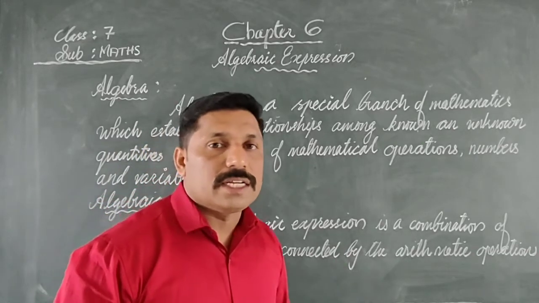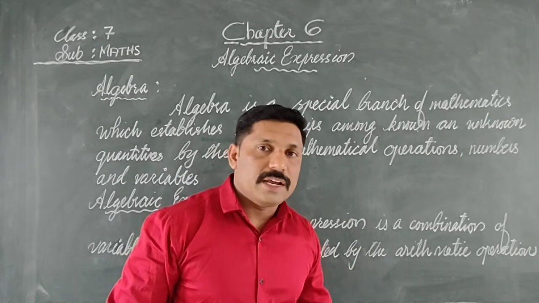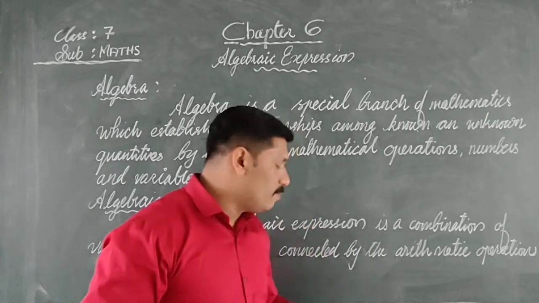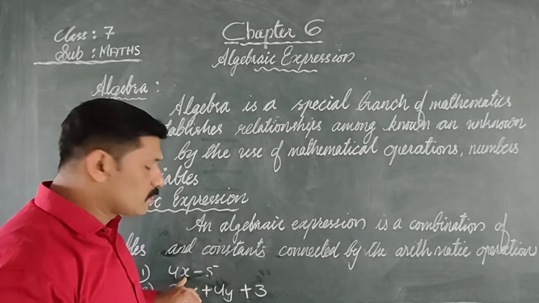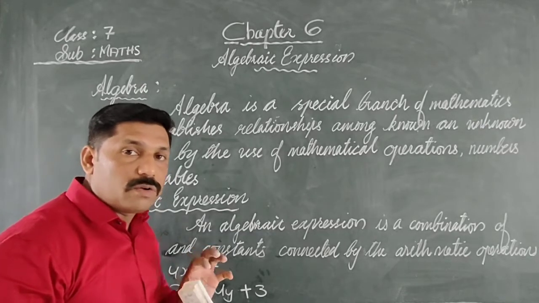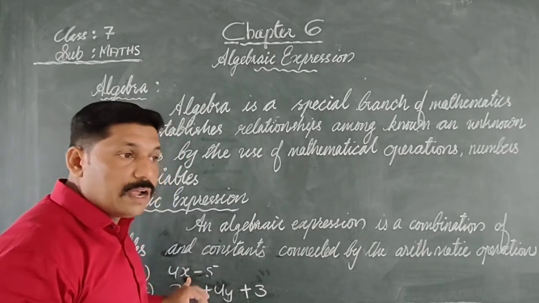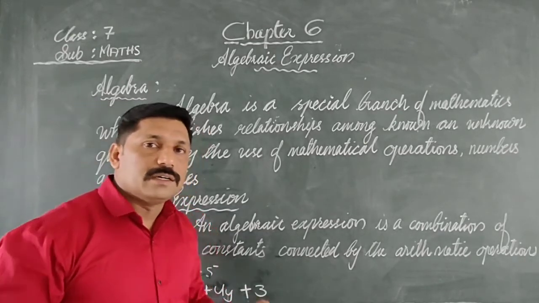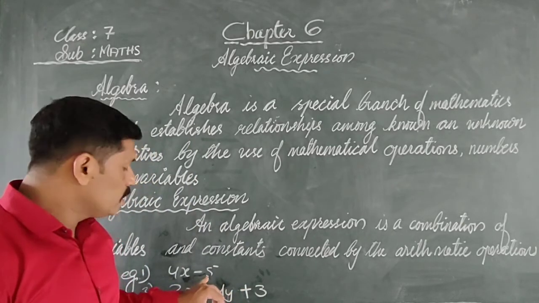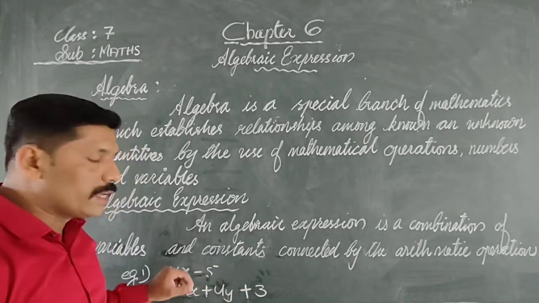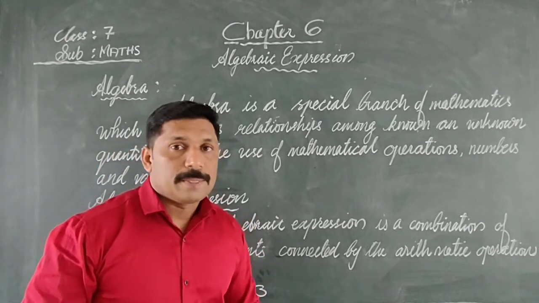I have told you that it is a combination of a constant and a variable. Then what is a variable? Variable means an unknown value which we represent by letters or alphabet. This is called a variable. Its values are not fixed. It may change according to the situation. That is why it is called a variable. And constant means a numerical value, that is called a constant. That is 5 and 4. 4 is also a constant, its value is fixed. So that is called a constant.